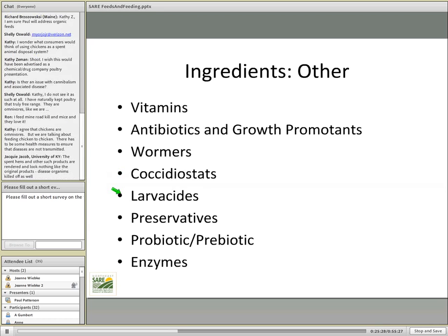If you have concentrated numbers of layers, this is an opportunity for flies to reproduce in the manure. So sometimes you can add a larvicide to prevent that. It's a medicine that goes in the food or the feed of the birds, and it passes into the manure, and then flies don't reproduce and grow and hatch in the manure, or it reduces the level. Finally, there's preservatives. I mentioned ethoxyquin and other stabilizers that prevent rancidity and give you some shelf life. When you bring feed home from the feed mill, you've got some weeks, maybe a month, before it starts to